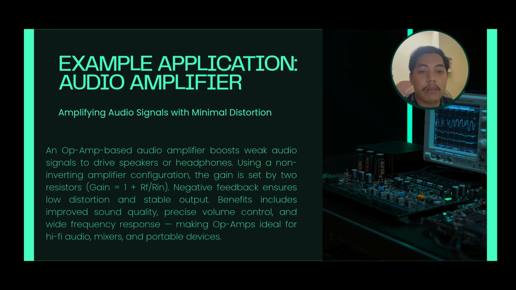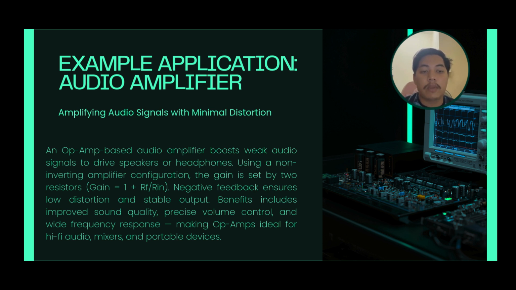Using a non-inverting amplifier configuration, the gain is set by two resistors, and negative feedback ensures low distortion and stable output. Benefits include improved sound quality, precise volume control, and wide frequency response, making op-amps ideal for hi-fi audio,